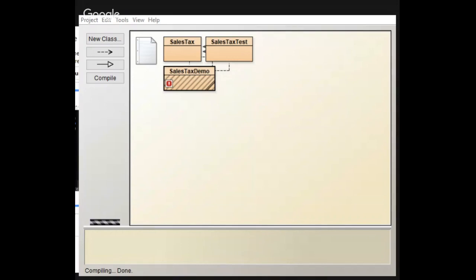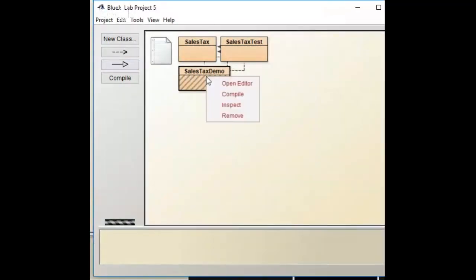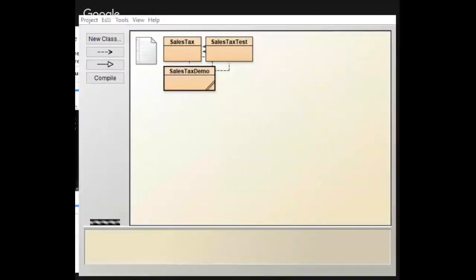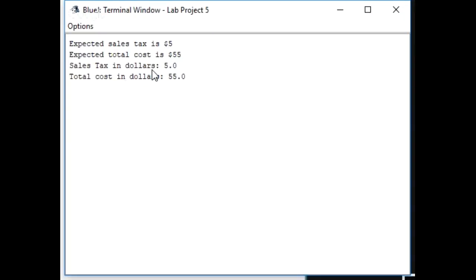It's just a spacing issue. Let's see. Yeah, it's just simple stuff. All right, it compiles. Let's see if it's going to run. Okay. And here we have, yeah,